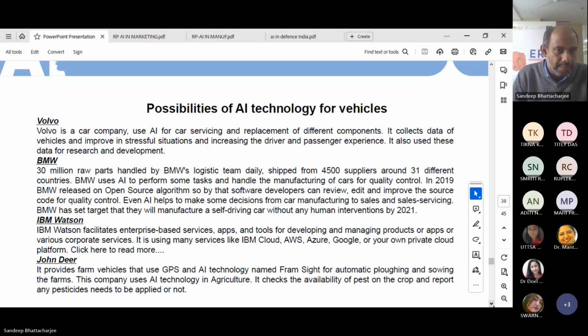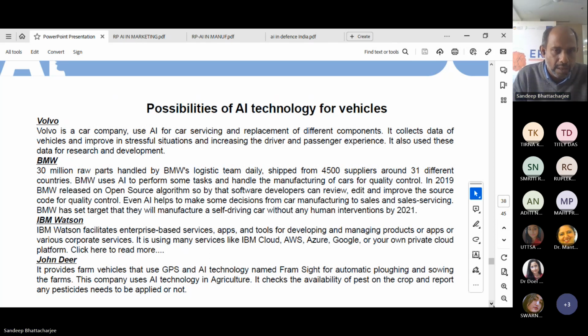BMW, one of the biggest and very popular companies, Bavarian Motor Works, we all know about it. 30 million raw parts are handled by BMW's logistics team. These are shipped from 4,500 suppliers in around 31 different countries. So BMW has understood that the complexity of the task is very big. Now they have started to use AI to handle some of these tasks, even in the manufacturing of cars